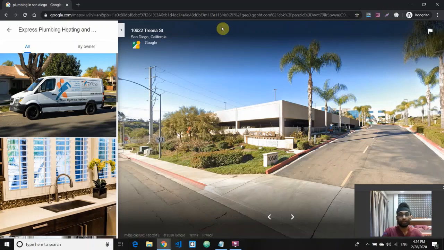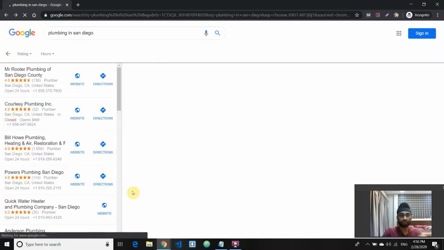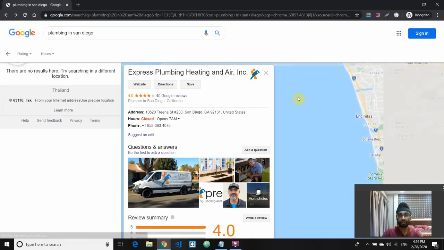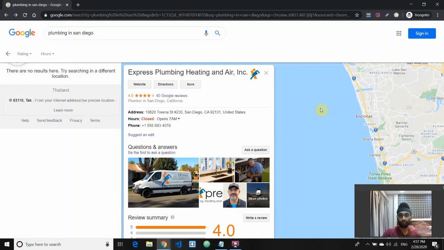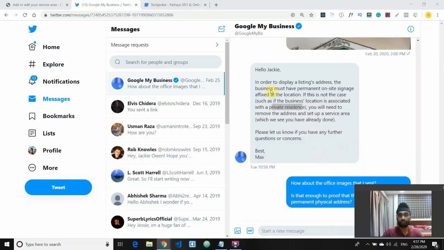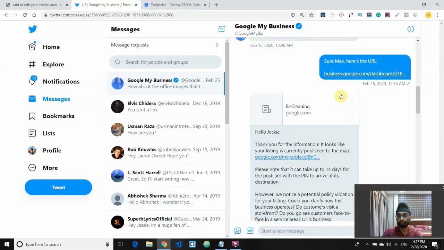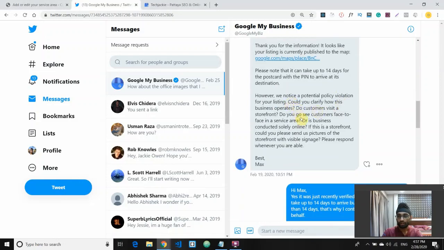So let me show you that. In order to list your address, you should really have physical address pictures there. Let me go up here. As you can see, if this is a storefront, could you please send us pictures of the storefront with visible signage. So in order to really verify that you have an actual proper physical address for your business, you need to